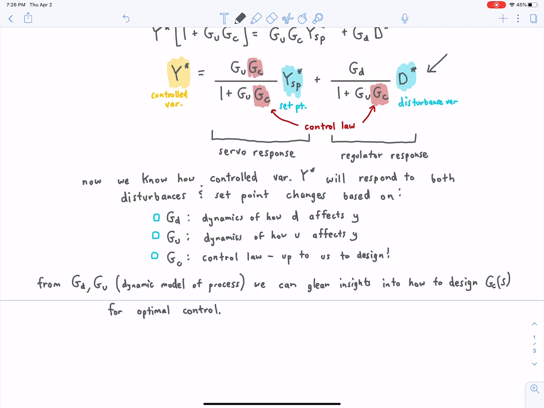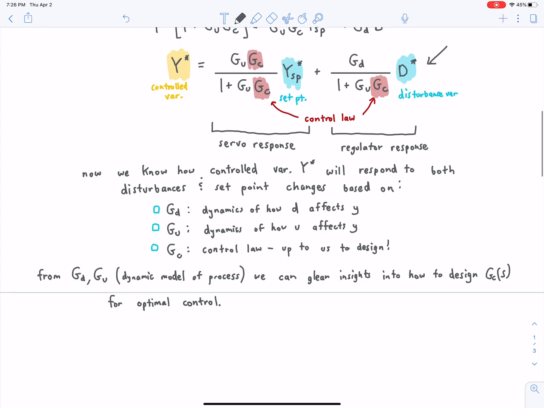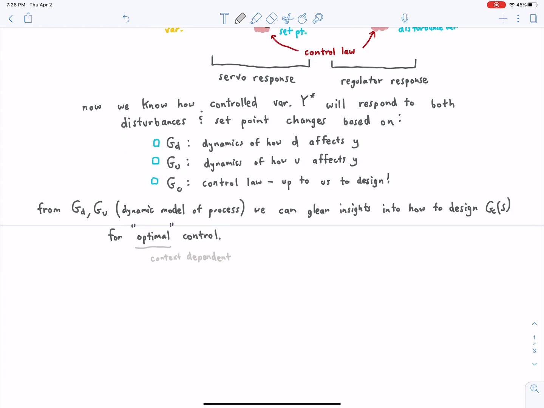And what does optimal control really mean? Well, optimal control is context dependent, so I'll put quotes around that. So this is context dependent, right? And that's because people can have different objectives depending on the process, depending on the situation. But one common metric